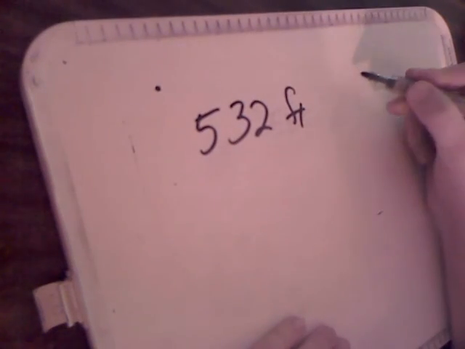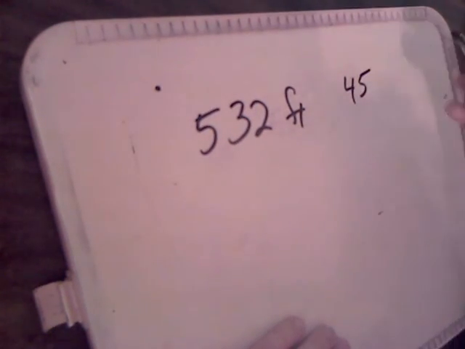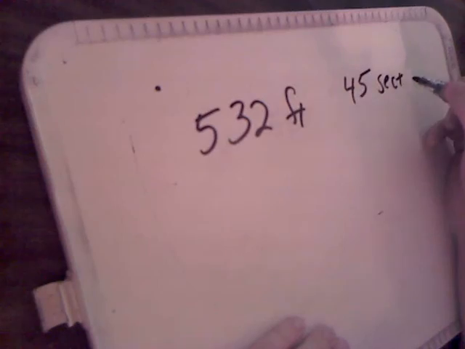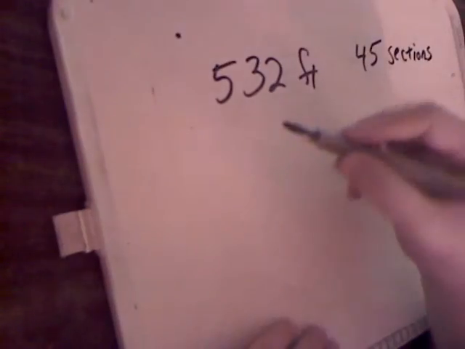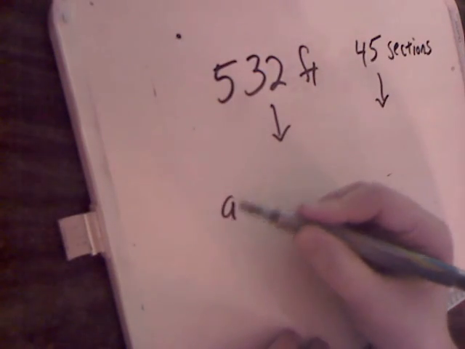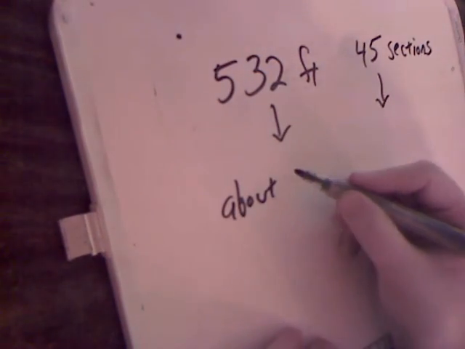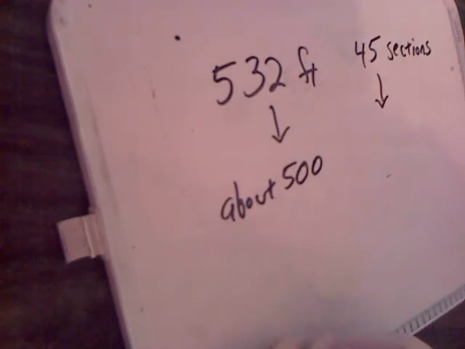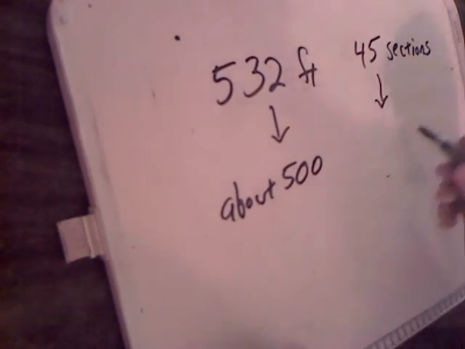Let's look at another problem. Let's say that we have 532 feet of string. We need to cut the string into 45 sections. So let's go ahead and round these numbers. Let's go ahead and round 532 to about 500. And 45, let's round that to